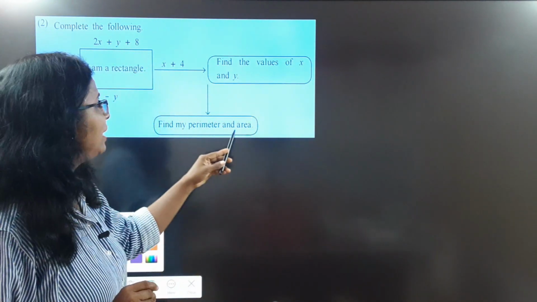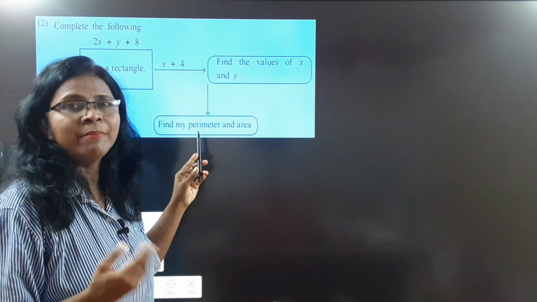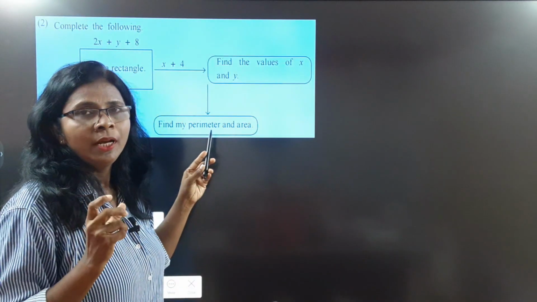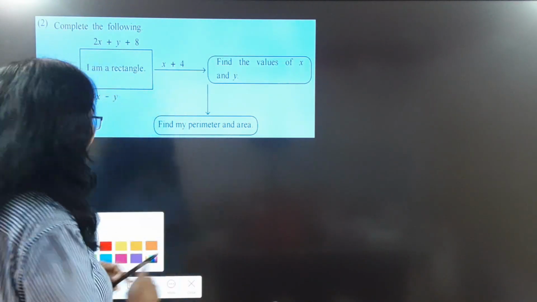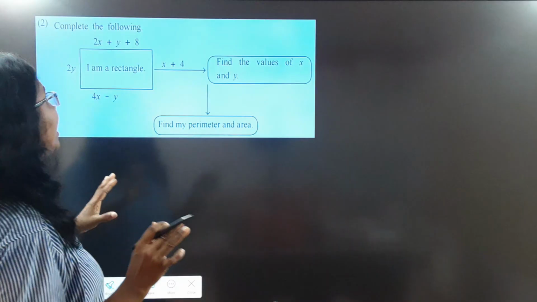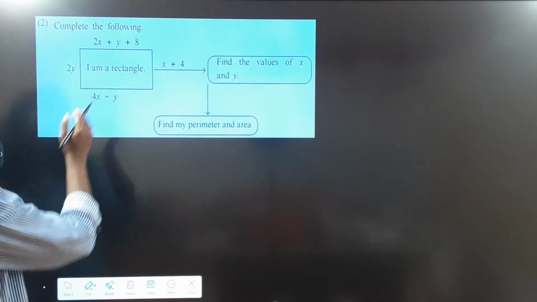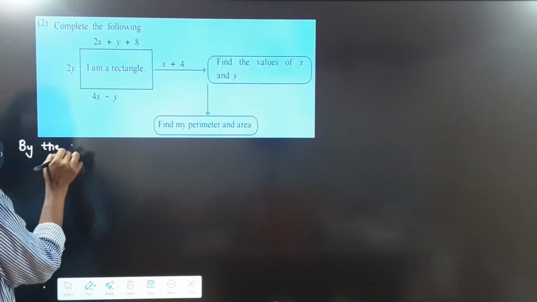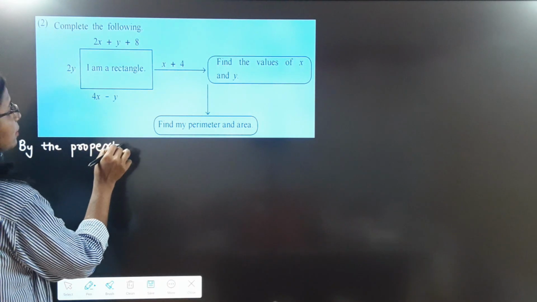And here find the perimeter and area of the rectangle. So we have to calculate the perimeter and area of the rectangle. Here, students, we have to first write down the property of the rectangle. So I say, by the property of rectangle,